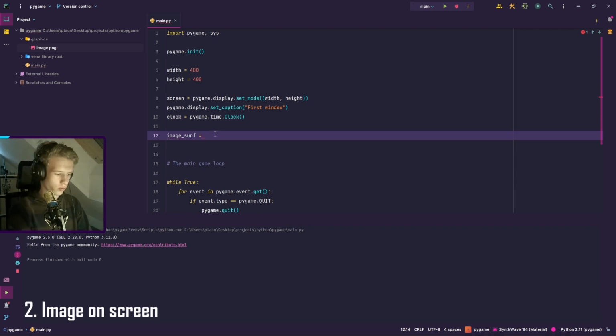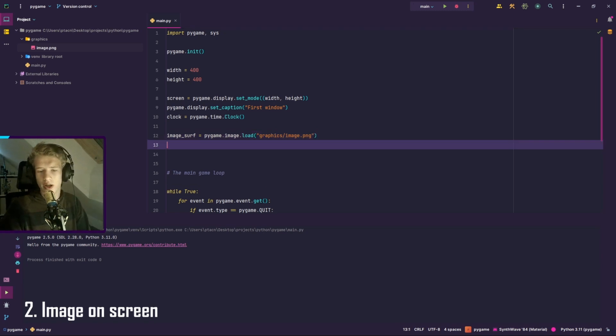I will set the value to pygame dot image dot load, and after that you're going to type the path here. So for me it's just graphics, and here image.png. I think we have loaded this successfully, and after that we are going to create something which has a position